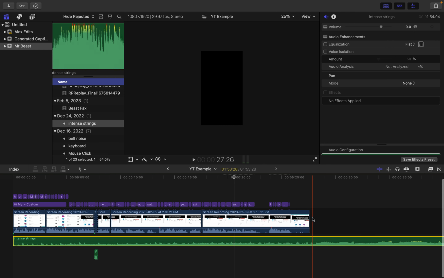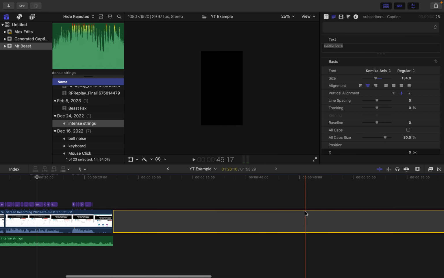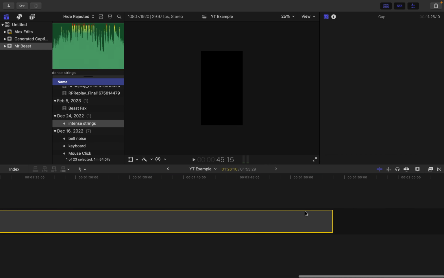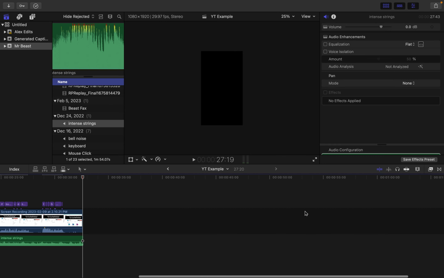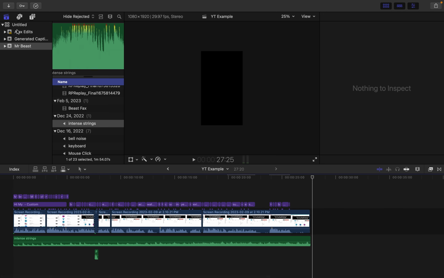If your clip is shorter than the actual music, come to the end of the clip, click it, Command-B, add a blade, and then delete that, and you'll see this gray box appears. This is a placeholder. It will go as long as the music was going. You're just going to delete that real quick. And now you don't have anything to select, and your video is still running at 27 seconds. So perfect. Let's imagine this is the full video that I want to export, which it's not, but I'm going